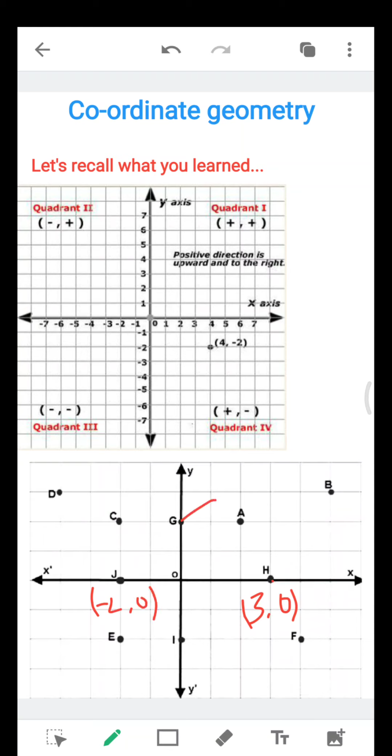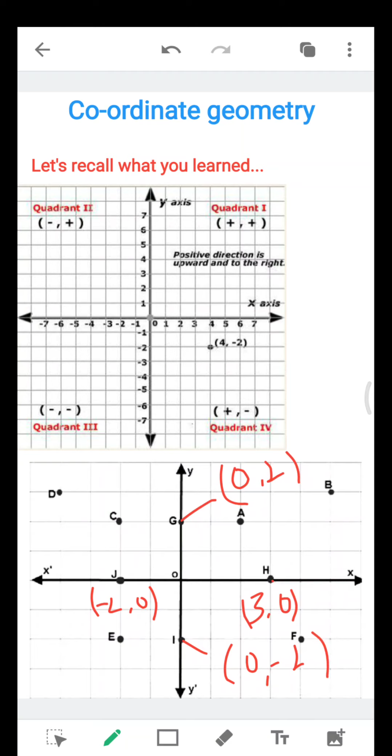Then what is the point G? G is 0 comma 2. And what are the coordinates of I? I is 0 comma minus 2. So you learned how to plot different points on the graph